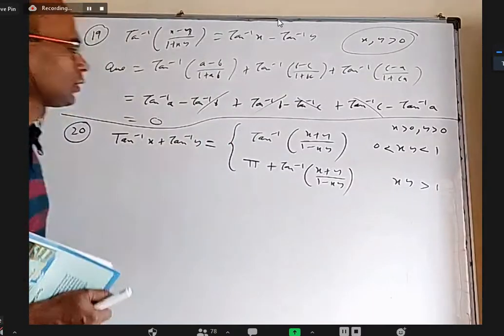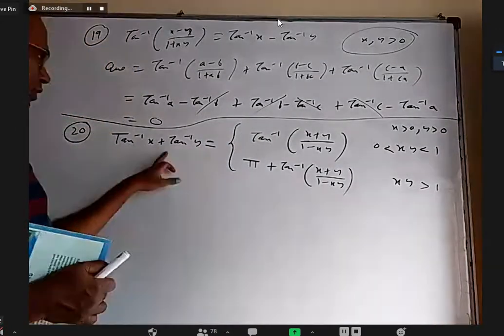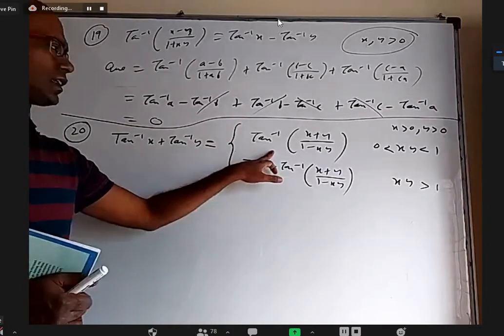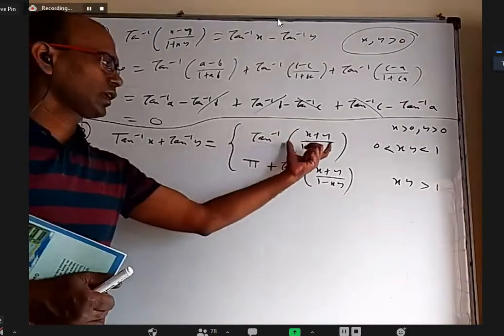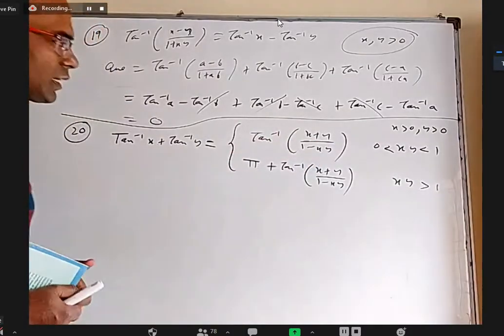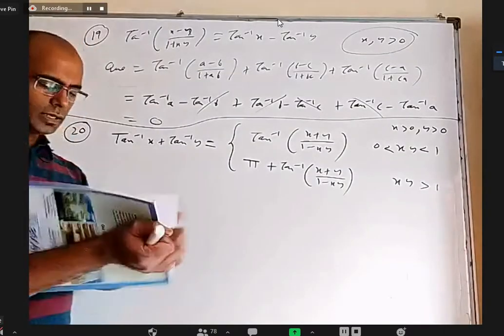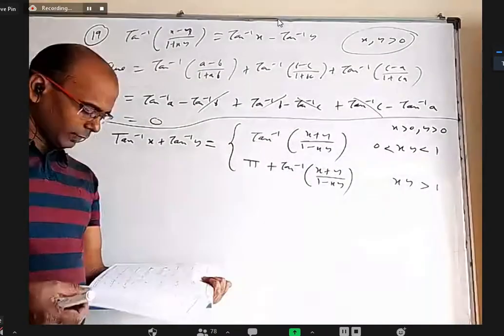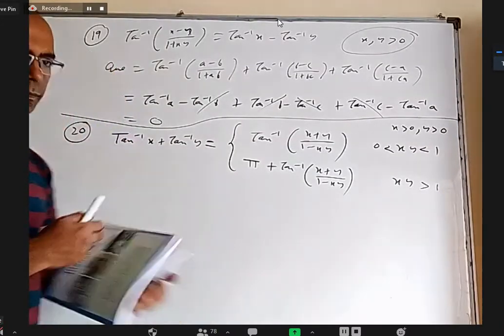Okay. So now, why am I emphasizing this? Because this part here is obvious. Anybody can see that it is like tan of a plus b. But we have to look at it when it crosses principal values or something like that. Now, why this plays a role here is, let us say in the 20th question, in the LHS, 3 things are there, and the first two things I want to combine.